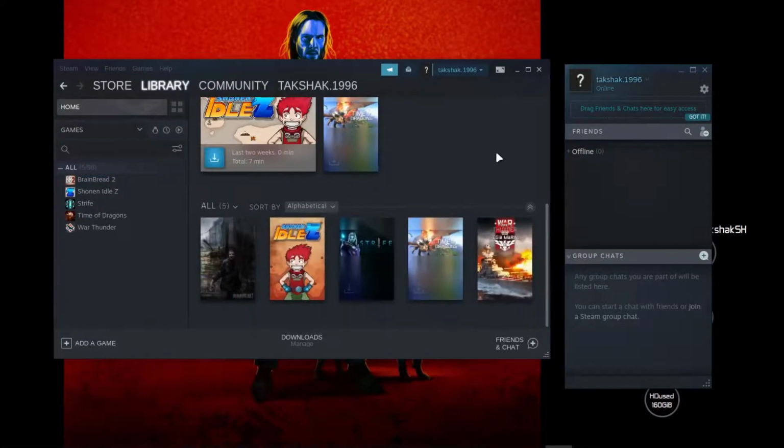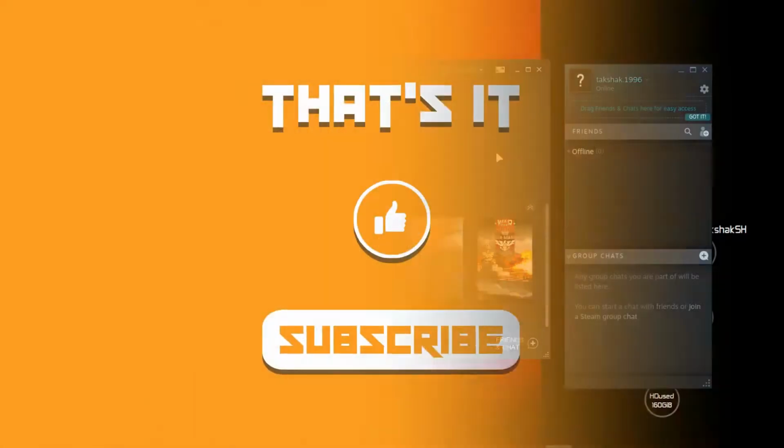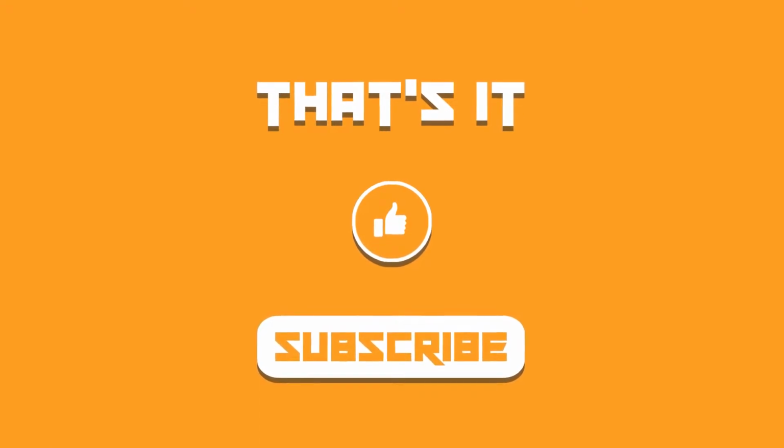And if you are using any different distribution other than Ubuntu or any of its derivatives, then you can check out the link provided in the description. It will take you to linuxstudio.com. There you will find an article, and in that article you will get the guide for all the distributions.